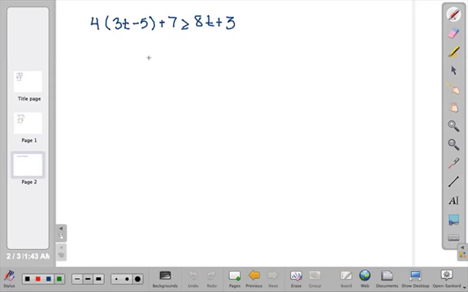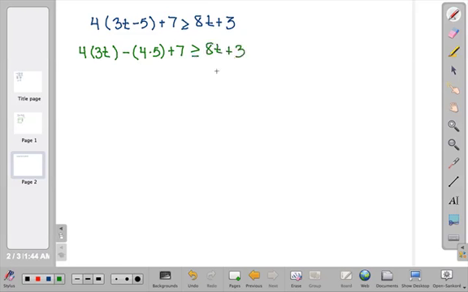Here's our last problem. We're going to put together all the things that we've been doing in all these videos for this unit. So we're going to do the distributive property first. That means we're going to take the 4 on the outside of the parentheses here and distribute it to each of the terms on the inside of the parentheses. So we're going to have 4 times 3t minus, because we have a minus sign here, 4 times 5 plus 7 is greater than or equal to 8t